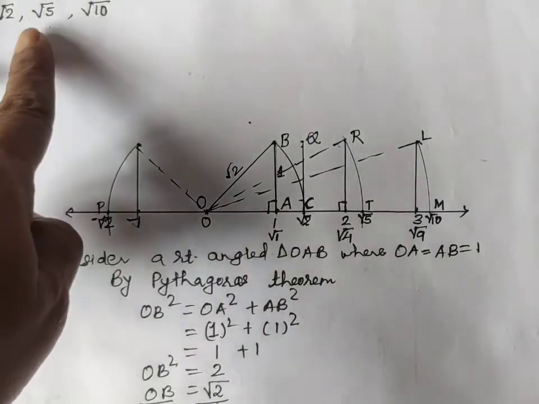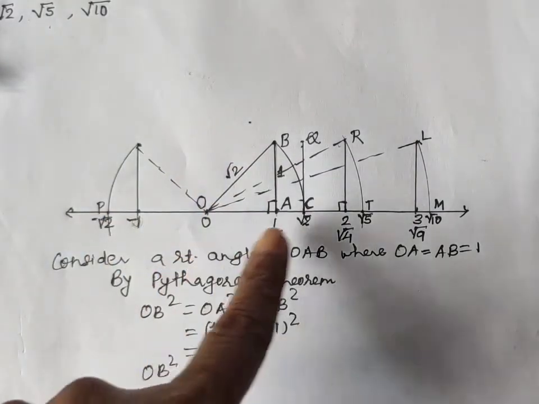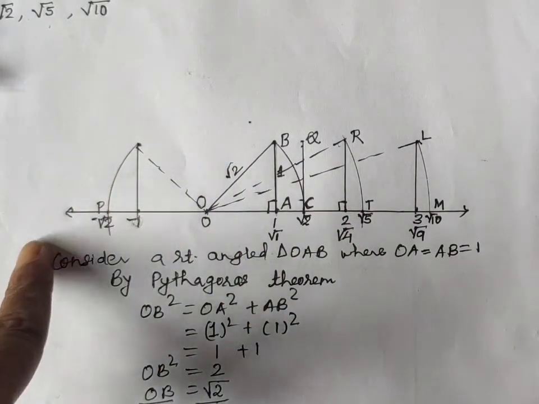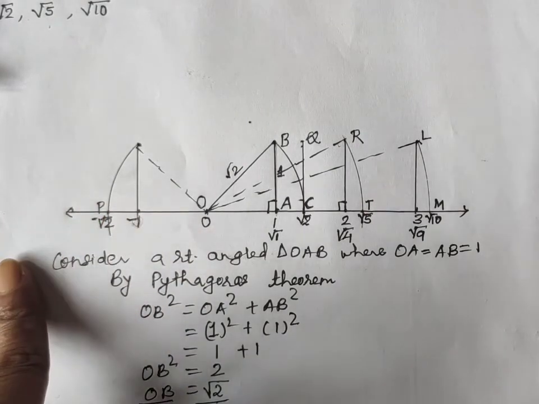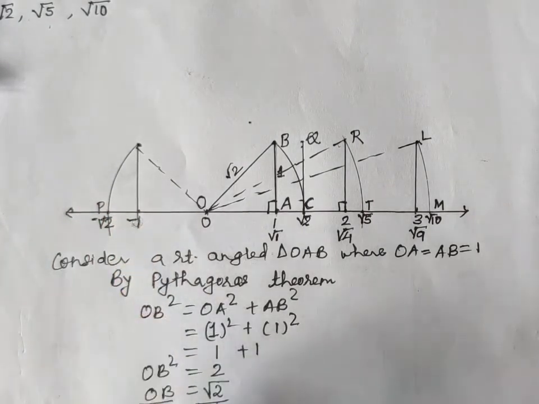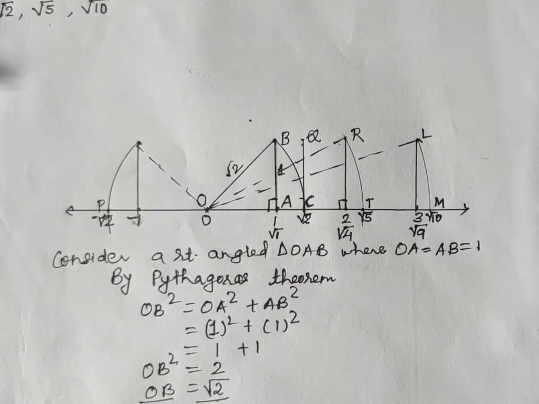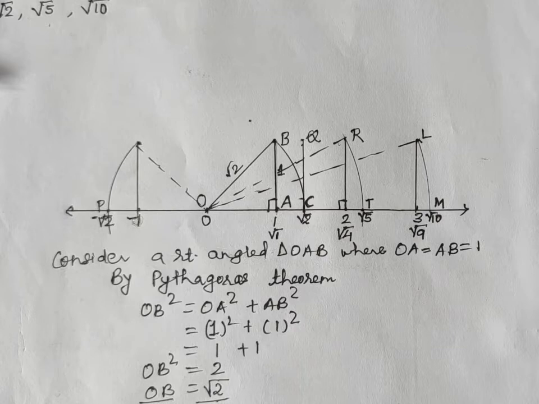So this is how to represent the irrational number on a number line. As it is asked here for a positive irrational number, it will be on the right side of the 0. The same process applies for negative irrational numbers on the left side of the 0. In this way you can represent any irrational number on a number line. I hope you understood very well. So practice it, it will be very easy.